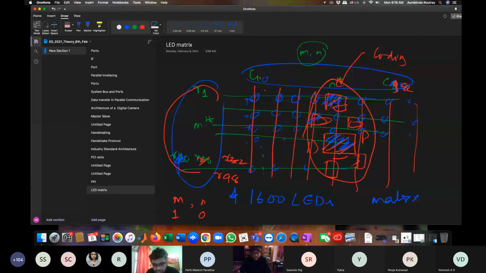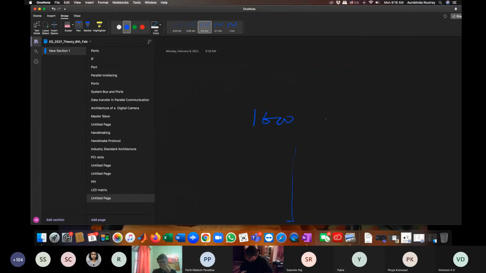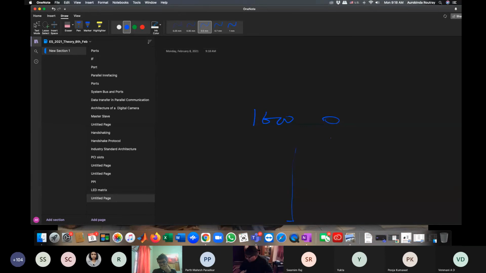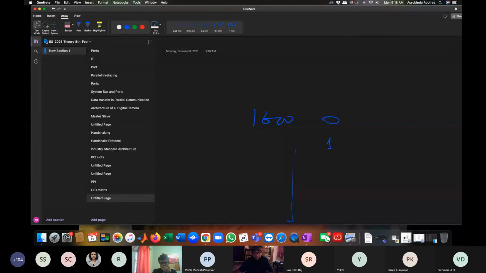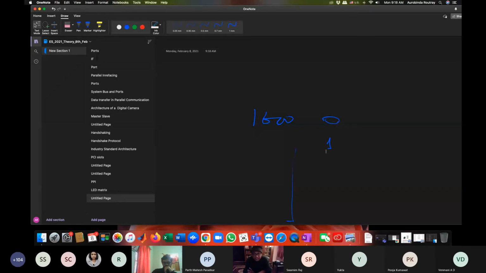But don't waste time in coding. What I'm saying is you have got 1600 pixels, which are stored in 1600 different locations as zeros and ones. It is just 0, 1. So depending upon these bits, you can just glow an LED or not. It's a 1-bit memory, you can say. So let's say it is stored in 1600 consecutive locations of flash memory, either all ones or all zeros, indicating that the pixel is 1 or 0.